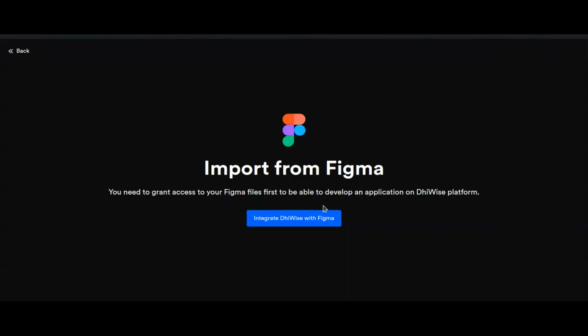Why is this required? Well, we need to fetch all the images and fonts and designs from your Figma account so that we can use them to create a React application. For that you need to integrate your Figma account with device. It's very simple. All you need to do is click on this button,